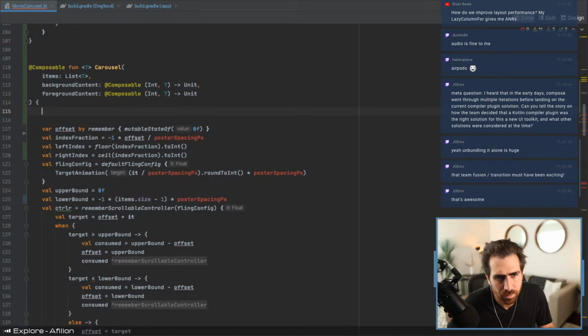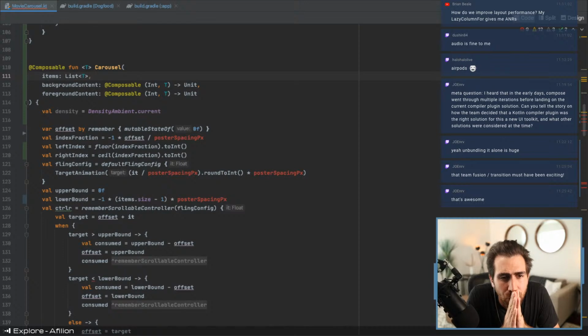So what I'm thinking is, we'll accept a... all the carousel really needs to know is the spacing between items. It doesn't actually need to know how wide the item is itself. And so